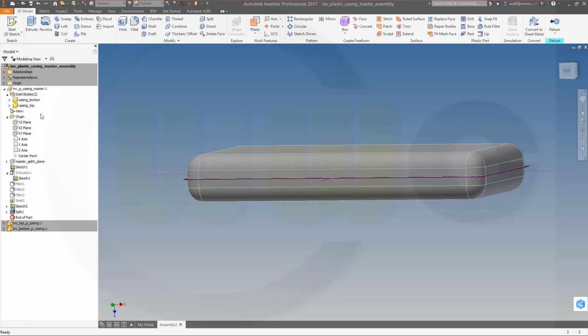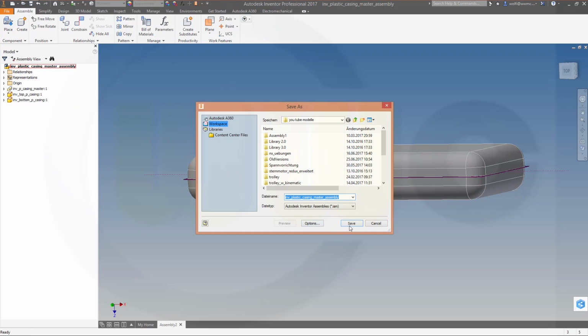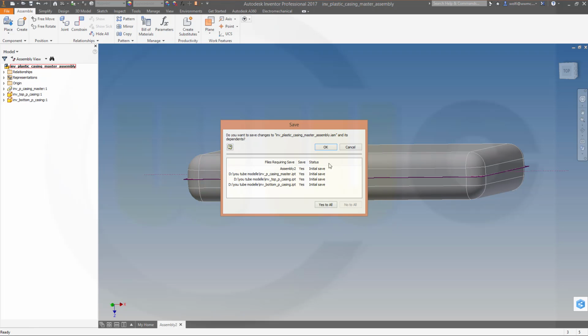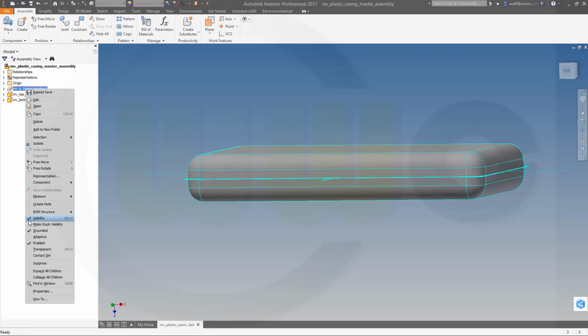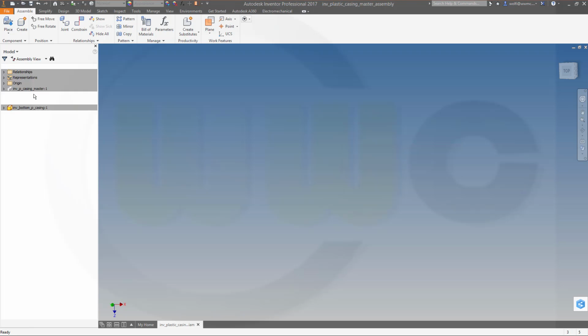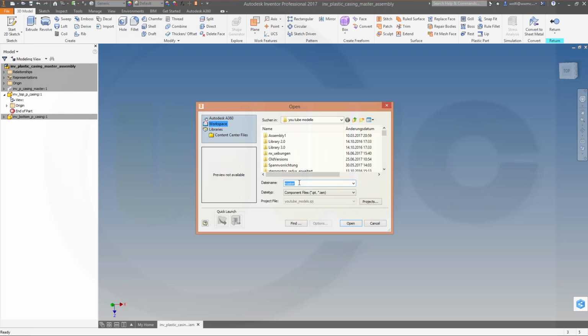Okay, I think I have everything. So let's go to the, maybe I should of course update and save the complete assembly. Yes to all, and OK. Now let's switch to the Inventor topic casing and hide this one for the moment. Go over there and let's derive from